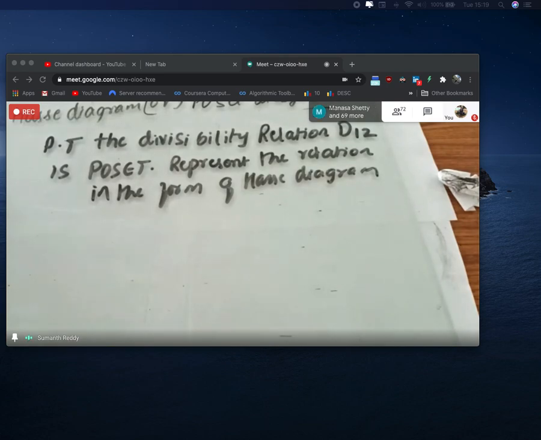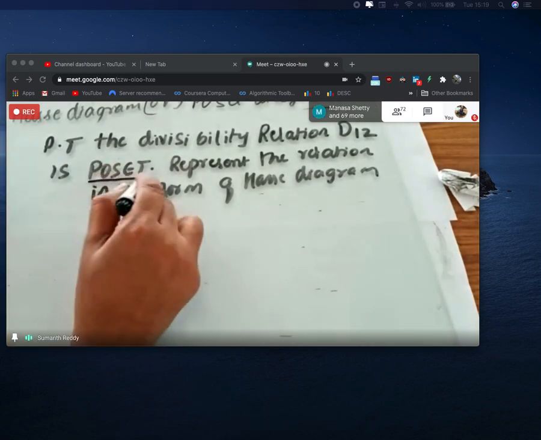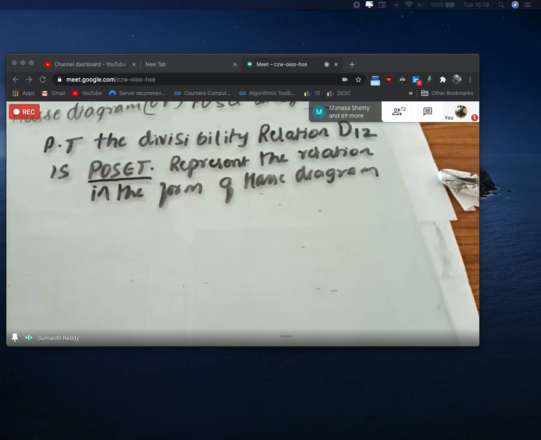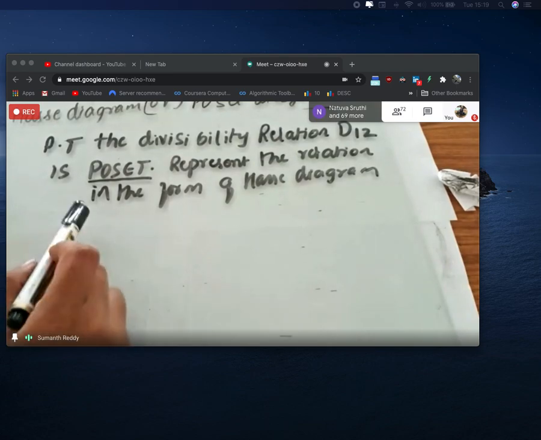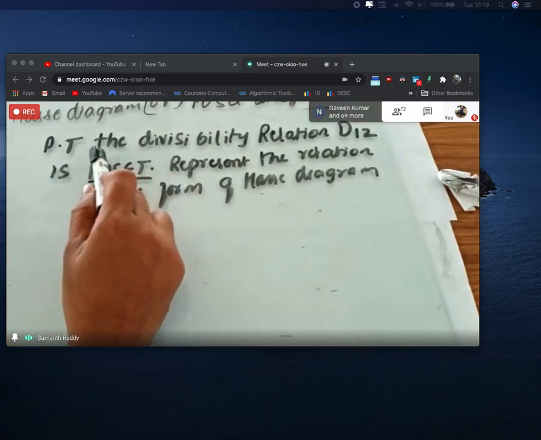or in the sense a poset, a partial ordered set. Okay, so in order to prove whether a particular operation is a partial order or not, as I have told you, you need to check the reflexive property, antisymmetric property and transitive property, and 90% of the problems will be with respect to divisibility only. Only in a few question papers have they asked with respect to the subset. So you need to check whether the subset operation is a partial order or not. So we will see both examples and how to prove whether the operation is a partial ordered set or not.